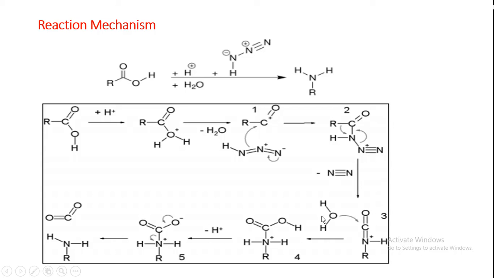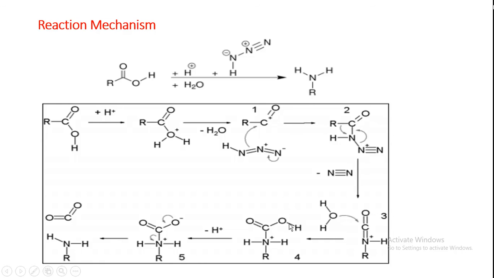In the next reaction, what will happen? Water will attack this carbon. Here in this reaction, you remember again the migration of alkyl group, that is R, is taking from carbon to nitrogen. So earlier you see RC, but here it is RN, that is migration of alkyl group R from carbon to nitrogen. After that, water will attack this carbon, C double bond O,